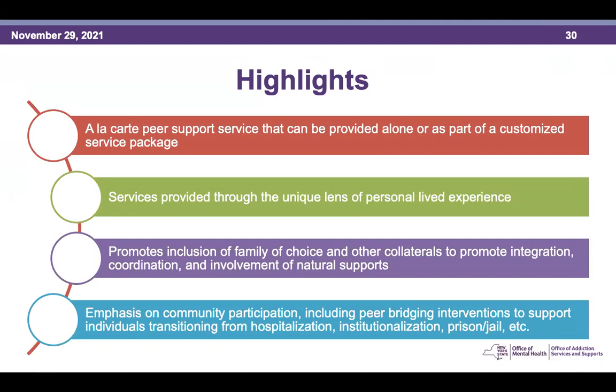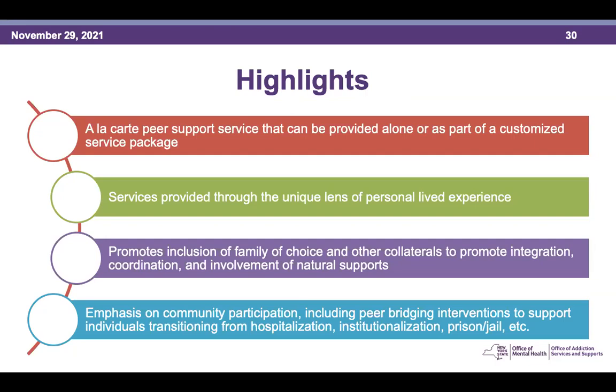You might look to do a combination of something like peer support and psychosocial rehabilitation, so a customized package where that individual could continue to receive support, but perhaps at a lower frequency or a lower intensity than they may have received in ACT or PROS. You could also pair a peer support specialist with something like outpatient clinic services, or use any of the core services and provide them in a bundle.